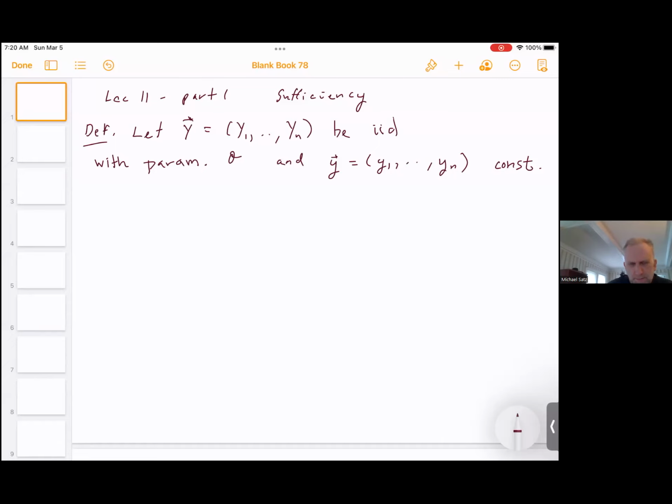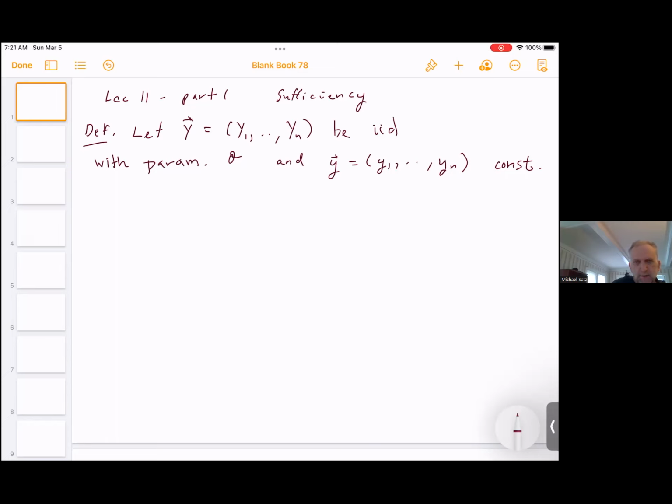Okay, hi. So today we're gonna talk about sufficiency. If you're watching this video, you're watching about sufficiency. Notice this new notation. We're using this little vector. I'll put this little arrow over just a y to represent the whole sample. Same with little y. dn is just an arbitrary general notation. Okay. So we say that if we have a sample